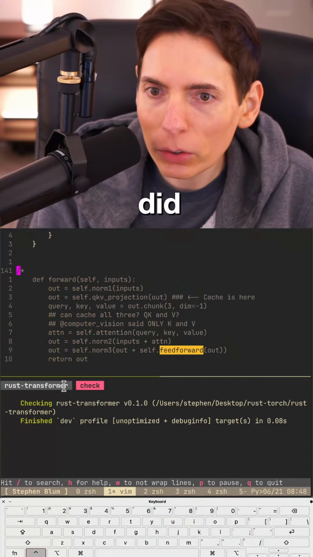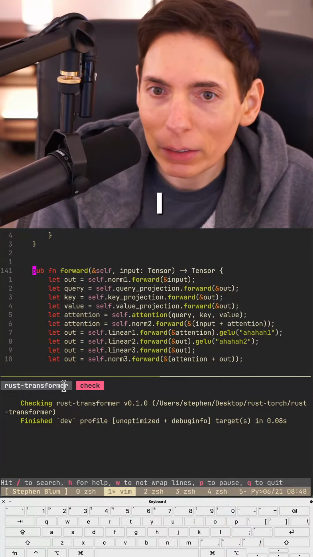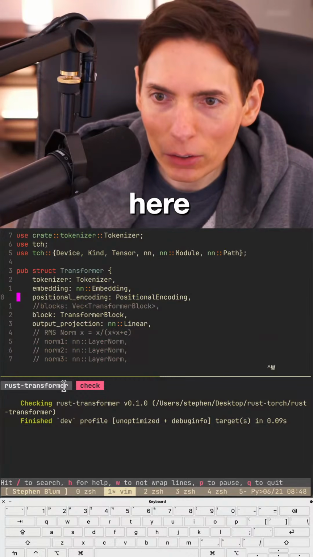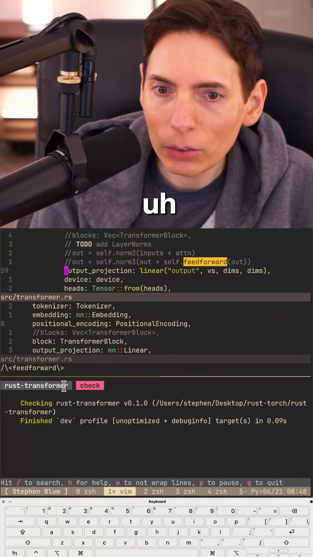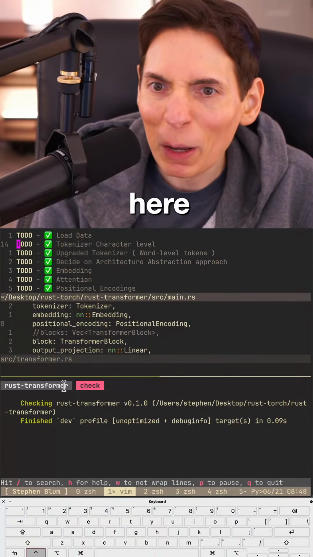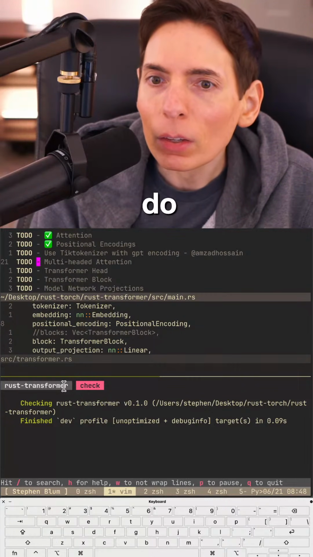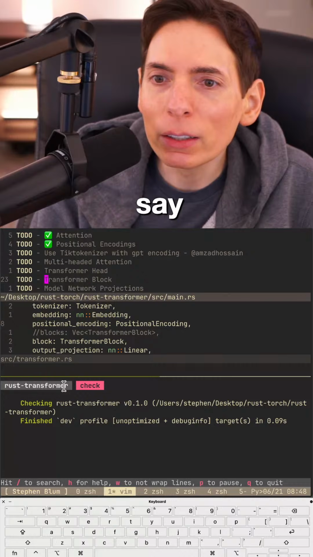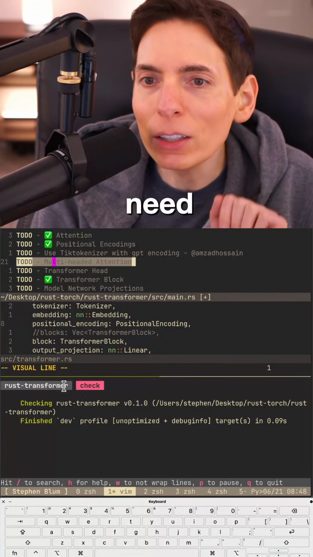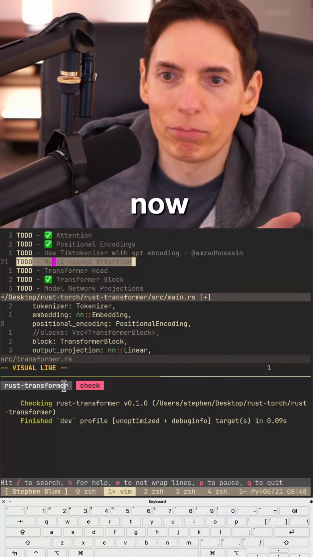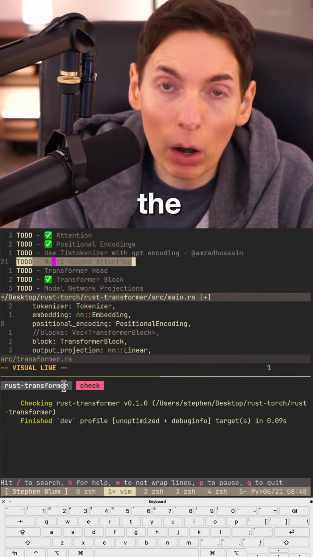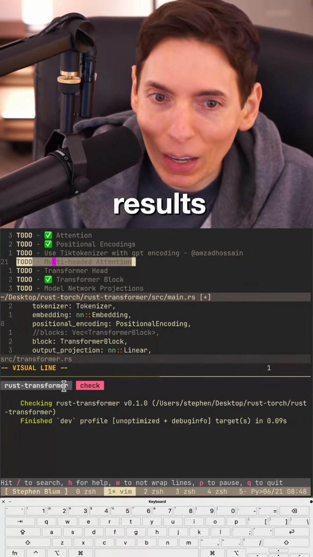All right, you guys, where did we leave? So I think this is done. We succeeded. We just finished the MLP. Did I add that in here? Let's see. In our main file here. All right. What's left to do? I'm going to say we did the block. Wait, we're not fully done with the blocks. We need to do multi-headed attention now. And before I do that, I need to pass data through the model to make sure that we're getting some good results.